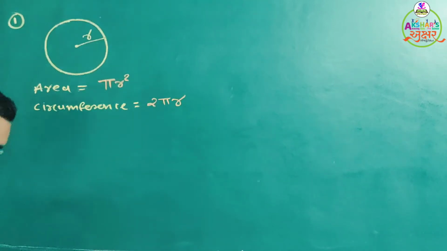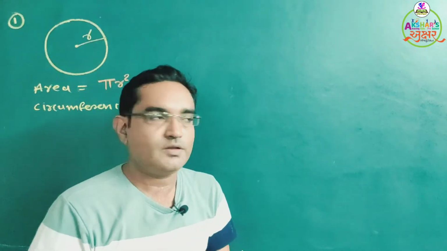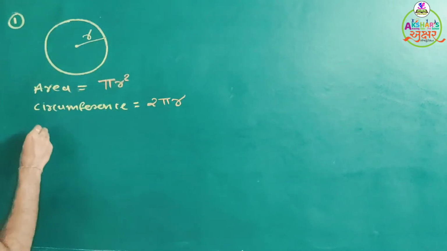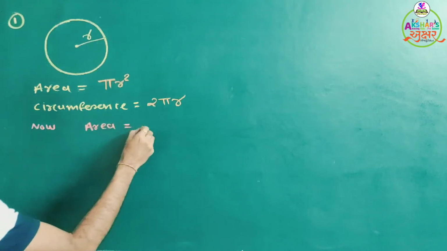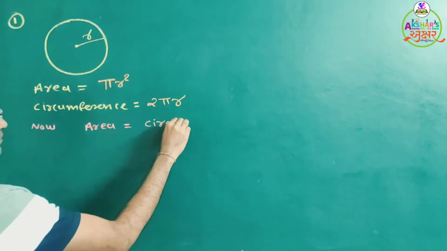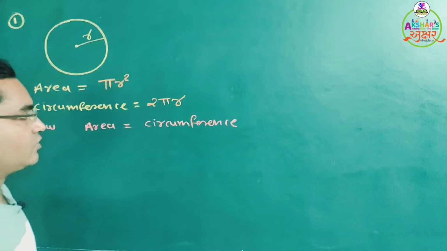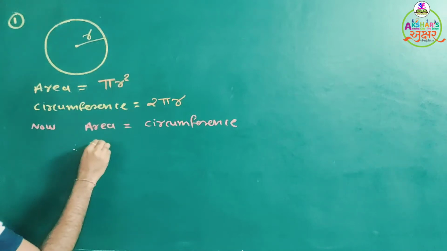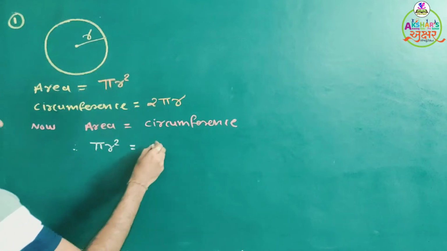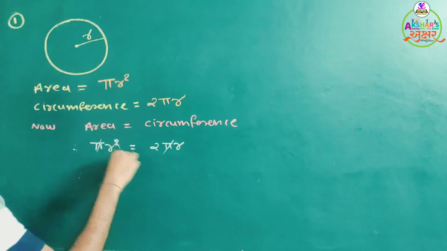Done. So here we are given that the area and circumference of the circle are numerically equal, meaning both their values are numerically equal. So the area of the circle is equal to its circumference. What is the value of the radius r that we have to find? The area is pi r square and the circumference is 2 pi r. So on comparison, pi cancels, one r is cancelled.